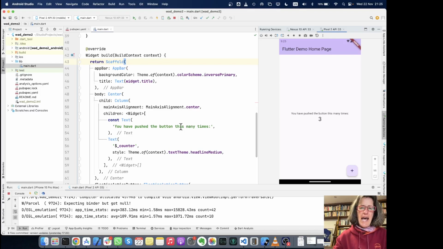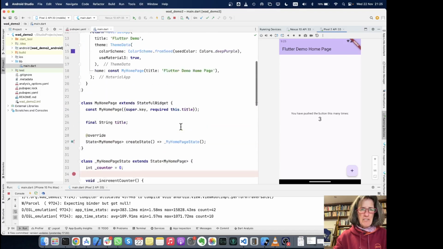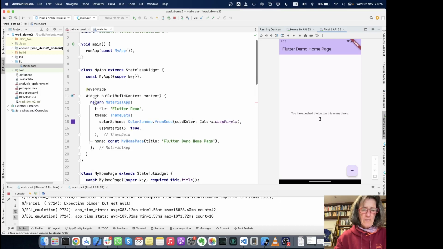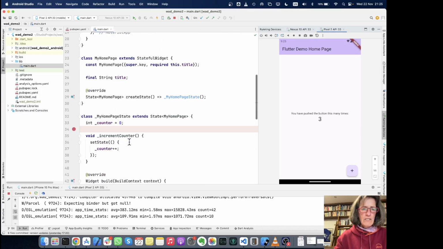So that's the basic app, and let's look at the code briefly. This is plain vanilla code. I just removed a few comments, not because they were bad, but because they were kind of distracting from the code. At the top level I have my first widget, my material app, which sets up the theme and the home page. Let's look at this home page.